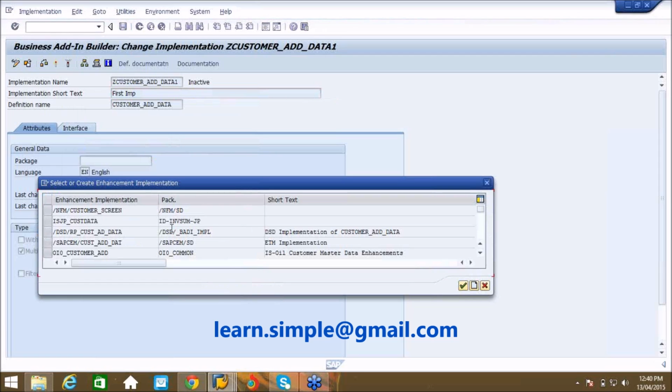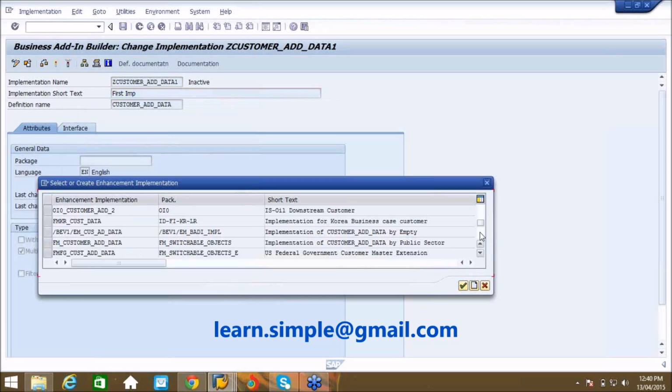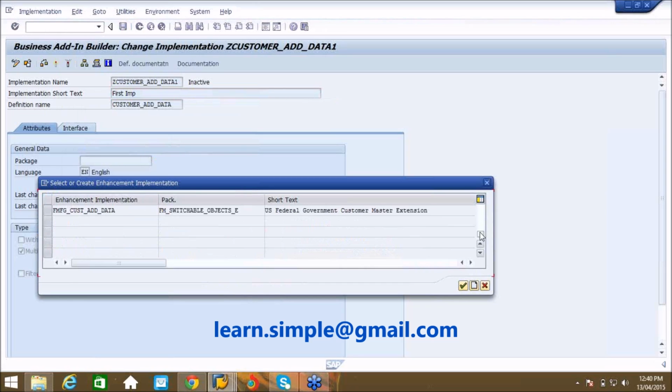And when I am saving, it is asking for an enhancement implementation. Please provide an enhancement implementation. Generally, all the BAdI implementations will be saved under an enhancement implementation. An enhancement implementation is nothing but a parent, or a top container, for your BAdI implementation. So I will create an enhancement implementation.